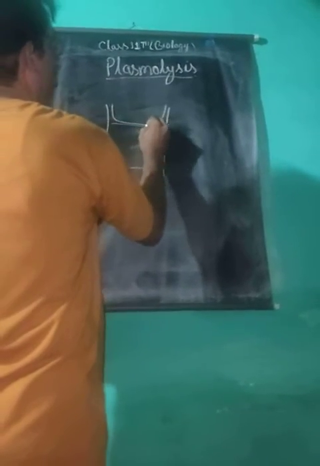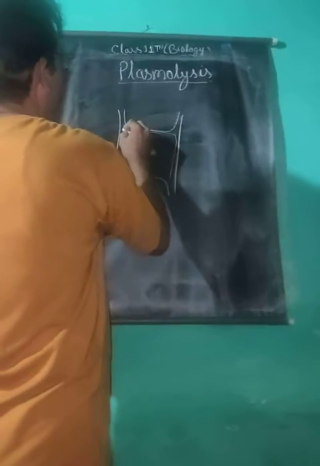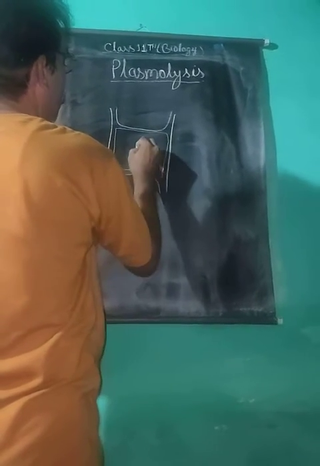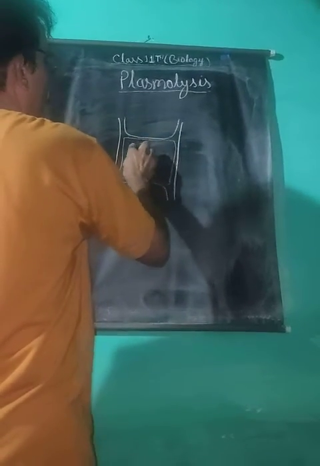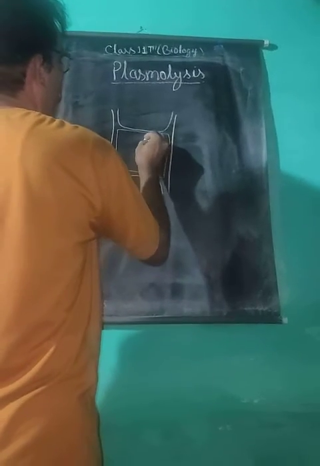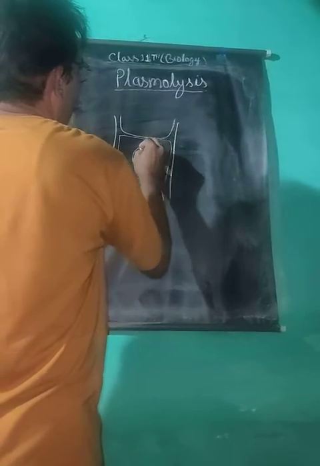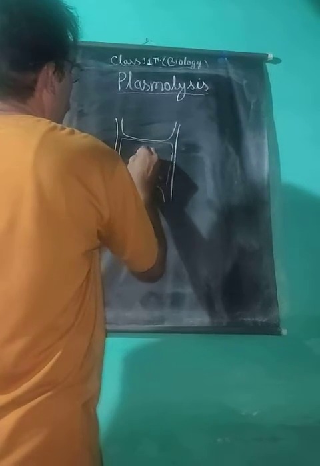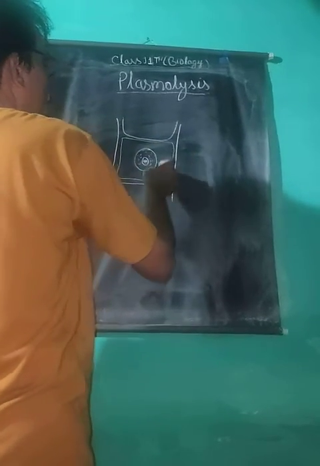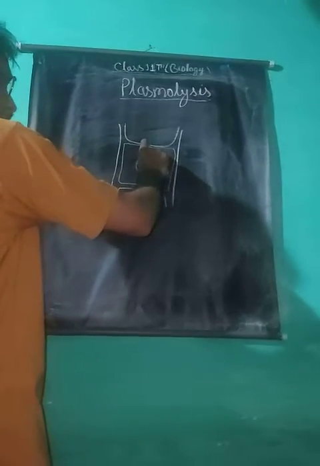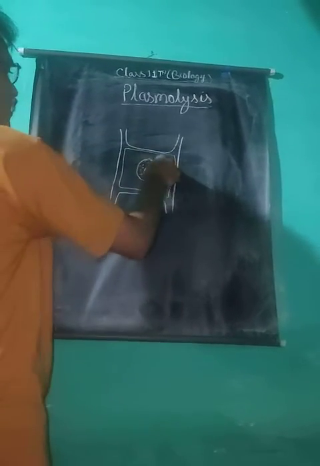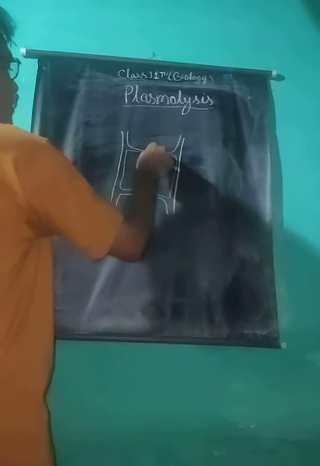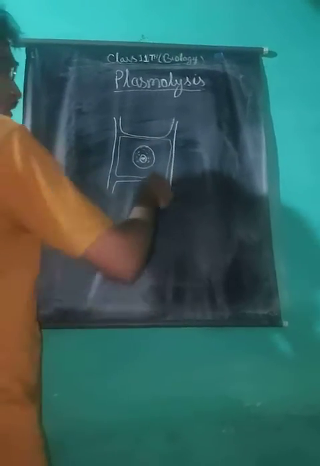Due to continuous loss of water by the exosmosis process from inside the cell to the external medium, the protoplasm of the cell starts shrinking toward the center. If the solution is too concentrated, the whole of the protoplasm is concentrated around the nucleus as a spherical mass at the center, and the space between the cell wall and the central mass is filled with hypertonic solution. So this condition is called plasmolysis.